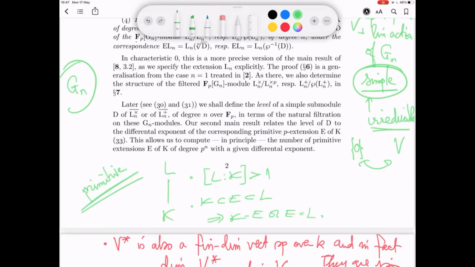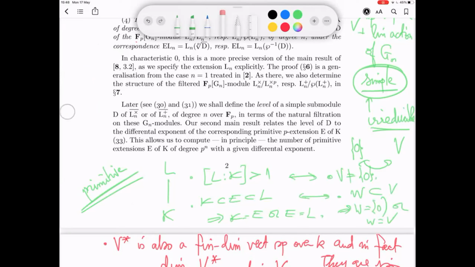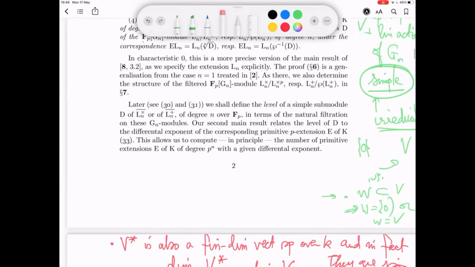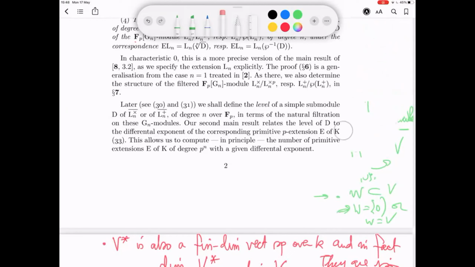That's what it means for an extension to be primitive. Similarly, a simple module is one in which V should not be the trivial module. That's the first thing that corresponds to this, more or less. And what corresponds to this is that if I have a subspace W, then W is either 0 or W is equal to the whole of V. So they are actually very, very similar, these two notions. So what I'm looking at are simple submodules of,